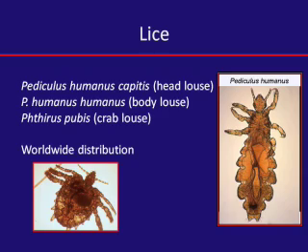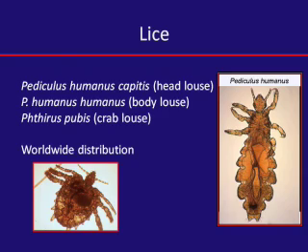Lice. There are 3 species of lice that we're worried about: Pediculus humanus capitis and P. humanus humanus. The head and body louse are very hard to distinguish. They're very closely related species. The distribution is what tells you the species more so. So your head louse is going to be on the hair on your head, capitis, whereas the body louse typically affects the body all over.